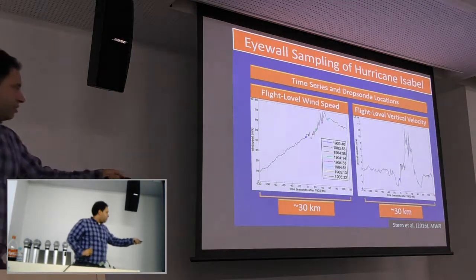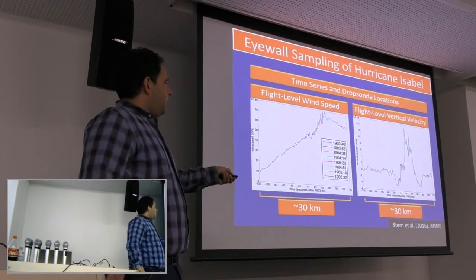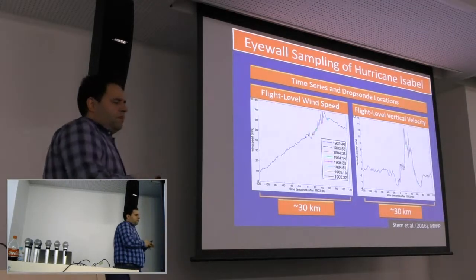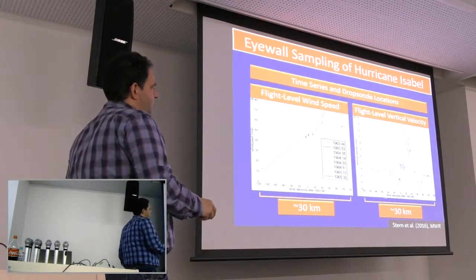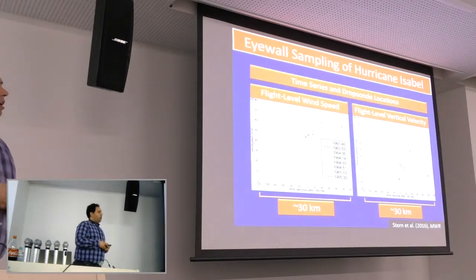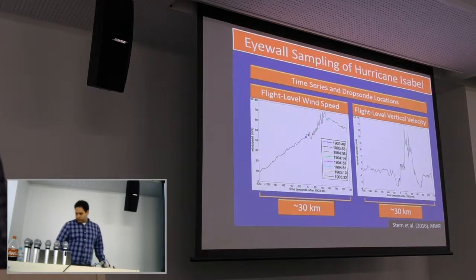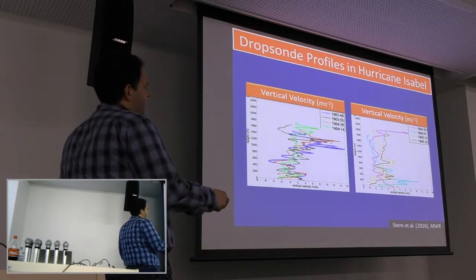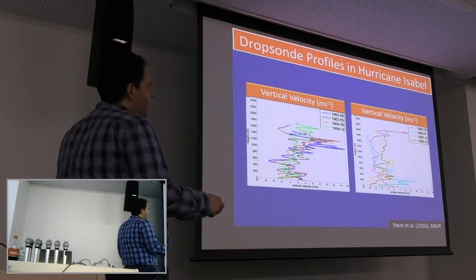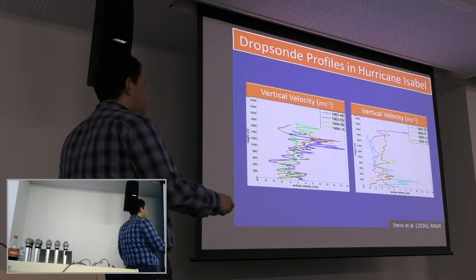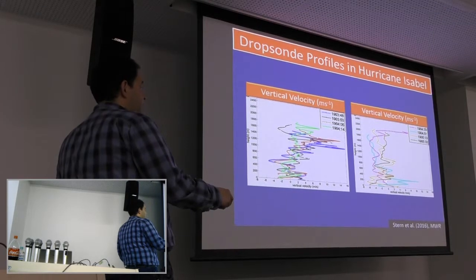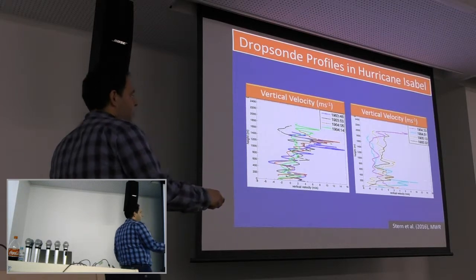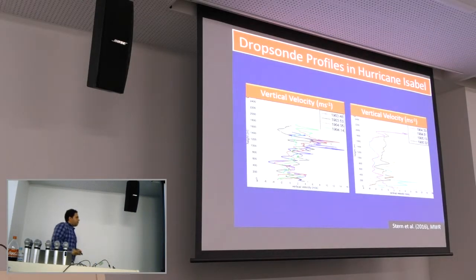And if you go back to see where it is along the flight level, this first drop sonde was actually in the downdraft region, just inside of the eyewall. And then it fell into the sloping eyewall and sampled a low-level extreme updraft. There are large updrafts in many of these sondes, even the ones without the extreme updrafts. The 6th sonde in the sequence has relatively weak vertical velocity, and actually a downdraft for much of the profile, and then right near the surface at 200 to 300 meters is a really strong to extreme updraft. So there's a lot of interesting structure here,